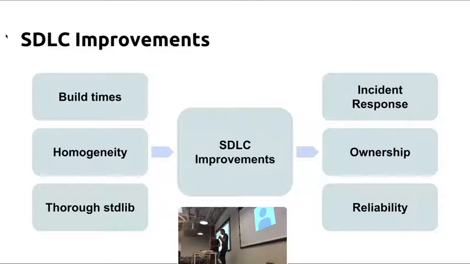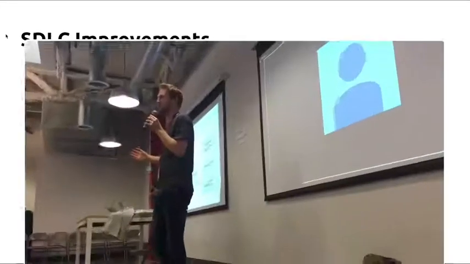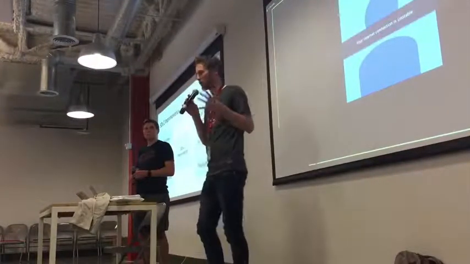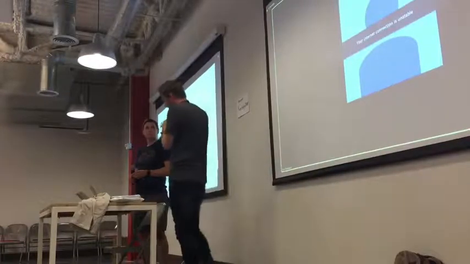Second point, homogeneity. I don't know how to pronounce that word, but the idea that there's consistency across the language, right? We see this all over in Go because it's so convention-based. There's Go Fmt that makes everybody's code look the same. The impact of that is that you can go into some random library you found on GitHub and actually understand the code, or even better, you can go to your coworker's code that's in some other service and understand that too. You don't have to shift your entire mental model to read the code.